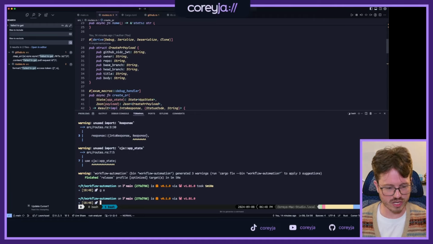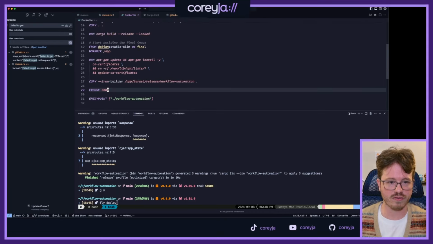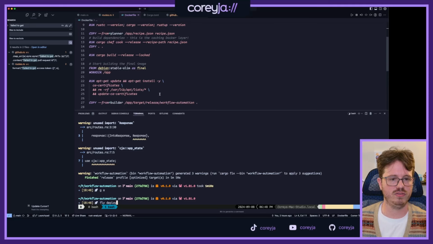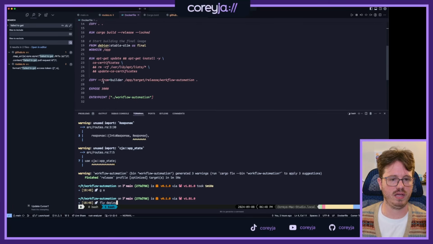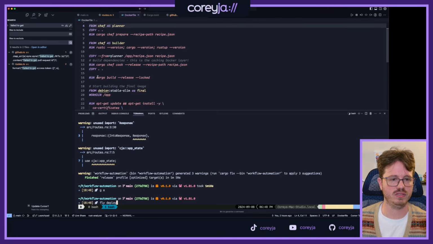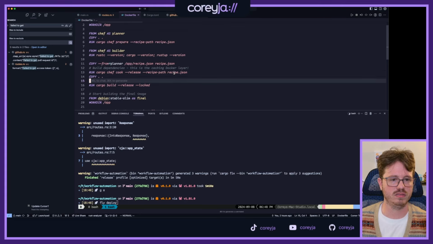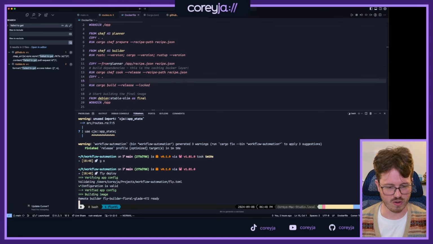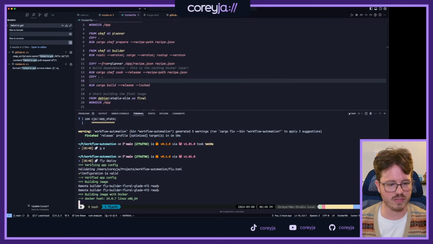Yeah, and then you didn't change the freaking lock file. What do you mean that the deploy? Okay. Dockerfile. Oh man, there's a little bit more chef things here. What do I want to do? Can I just not do any of this? The answer is no. I can't just not do any of this, but